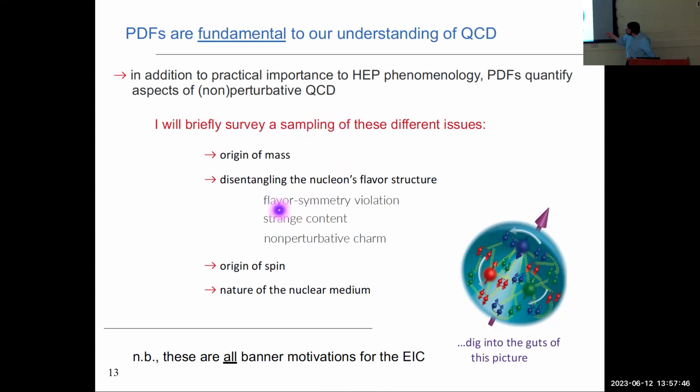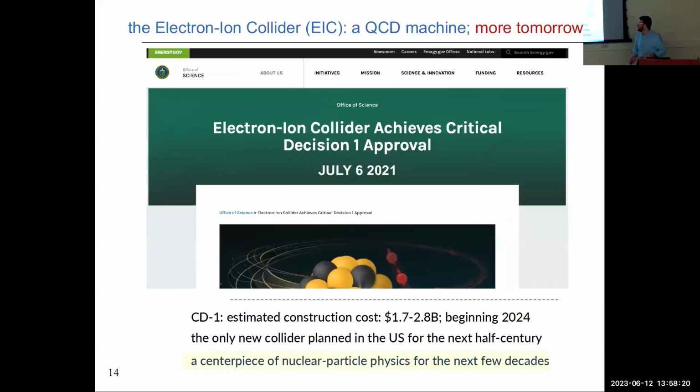Those pertain to things like: do we understand how hadronic bound states obtain their mass, at least in a detailed way? Is there some non-trivial breaking in terms of the flavor structure of the proton or of other states, for instance SU(2) flavor symmetry violation, or is there something non-trivial going on in terms of the strange or even the charm content? How exactly does one come up with the spin of the proton? And similarly, are there analogs of this in terms of interesting things happening in the nuclear medium? These are all questions that the EIC is actually targeted to answer. And of course, that's why, as you all are here, there's a great deal of enthusiasm and things continue moving right along.